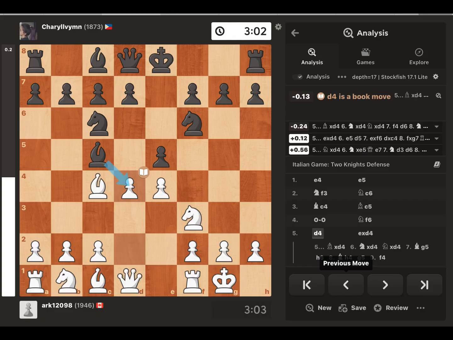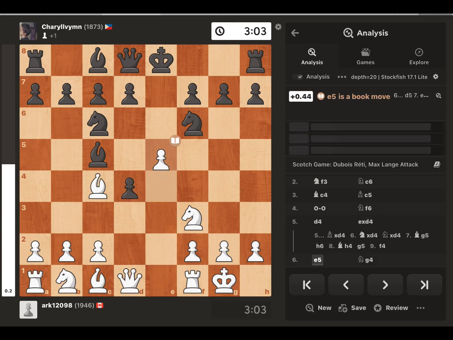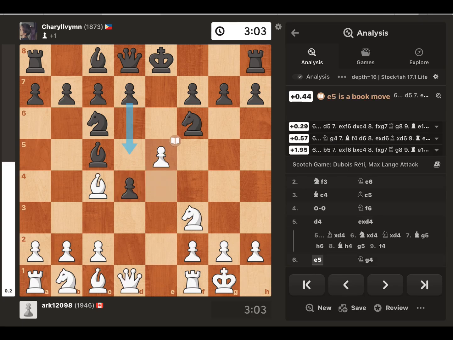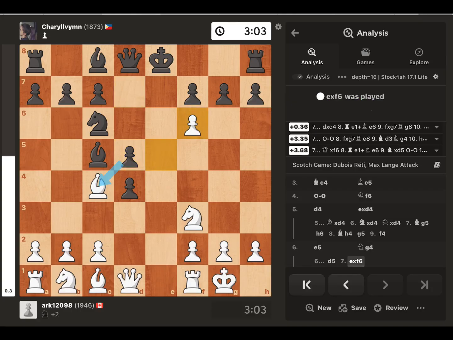However, my opponent took the pawn with a pawn, and here white has a strong attack, e5. The right variation, which leads to an equal game in the end, would be d5. So take,